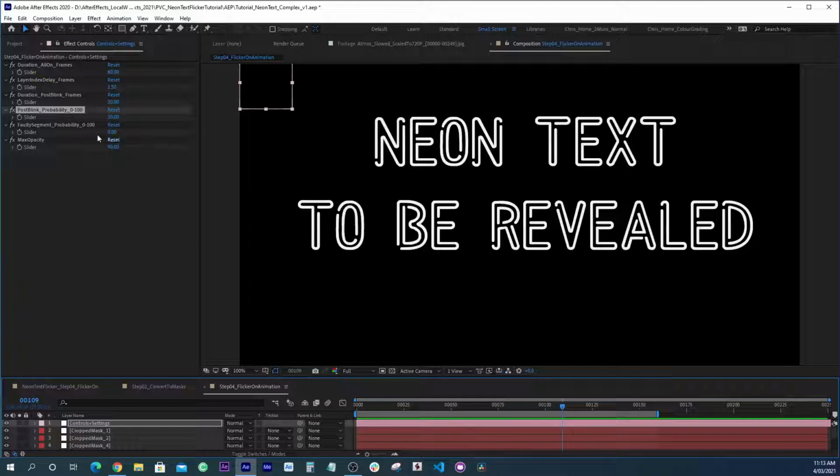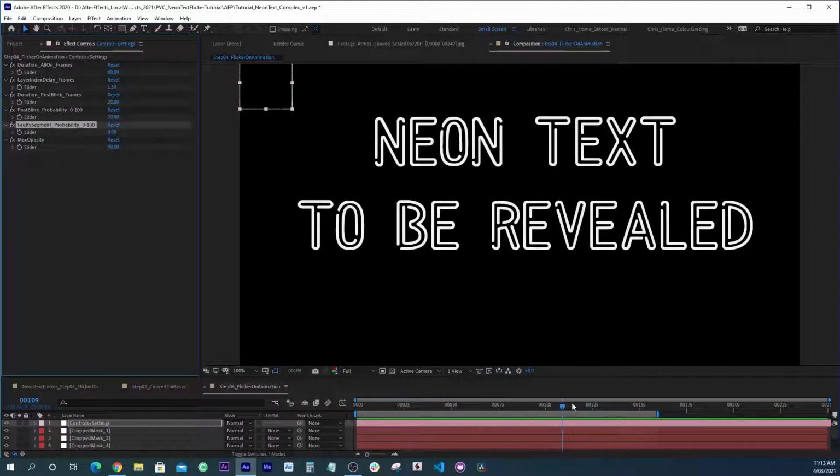The next step we say, well, how probable is it that an individual segment is going to be faulty? So we do the same thing. At the moment it's 0. If we put it at 100%, they'll all be faulty, which is not going to look quite right. So let's try, we only want a few, so I'm going to try 5%, which at the moment looks like